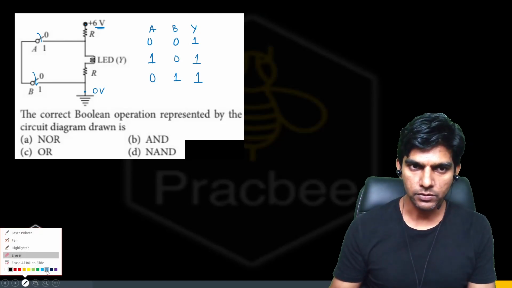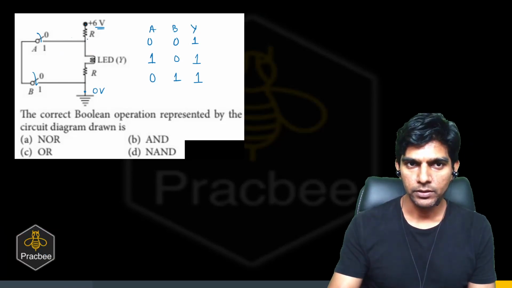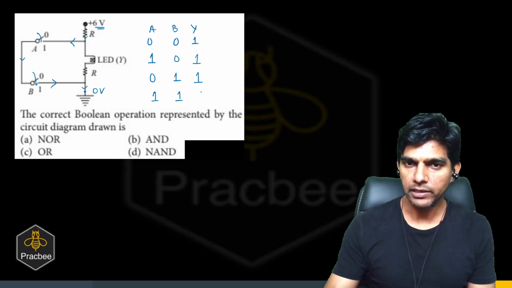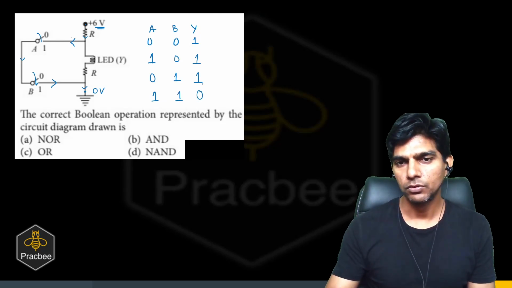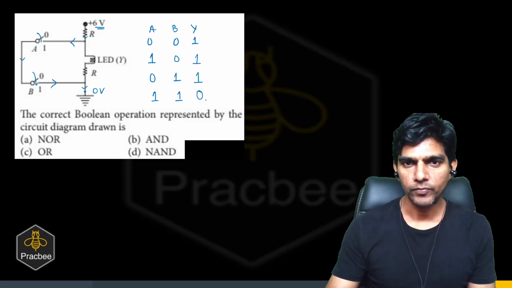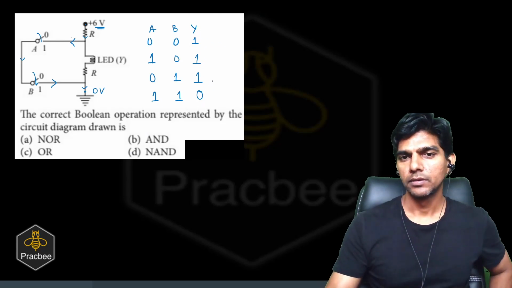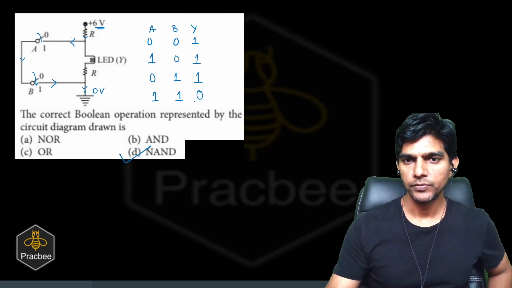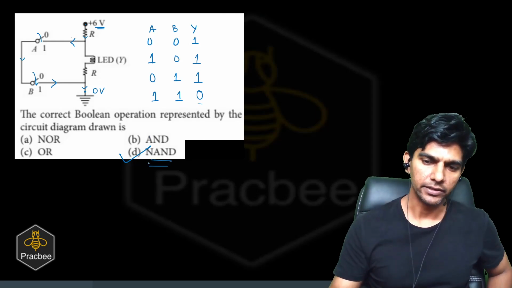But suppose both the switches are closed. In that case, what would happen? Now we have short circuited the LED. So whatever current is supplied by the source, that current will pass through the connecting wires to the ground. So when both the switches are closed, there will be no current in the LED. So we'll be having a low reading, or low output. So can you tell me what type of gate it is? It is just the inverse of an AND gate. So it is NAND. Can you see? When both the inputs are high, the output is low. So this is a NAND gate.